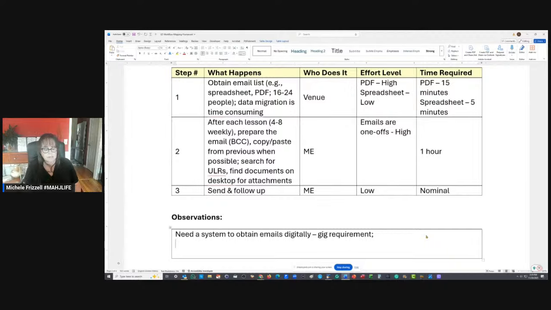Wes is recommending create a Google Drive folder with attachments and send a link to the drive folder. Okay, so I want to just put that down there at the bottom for now.